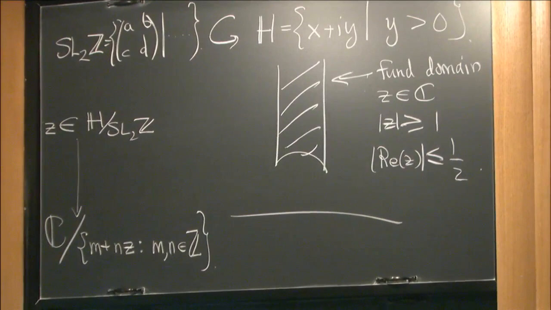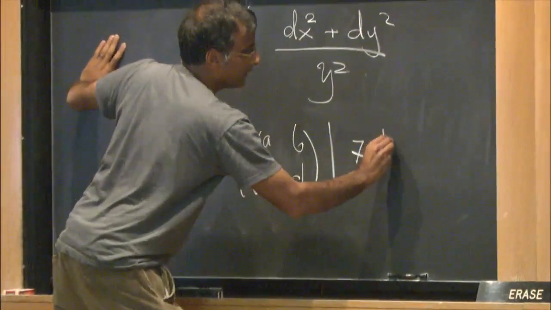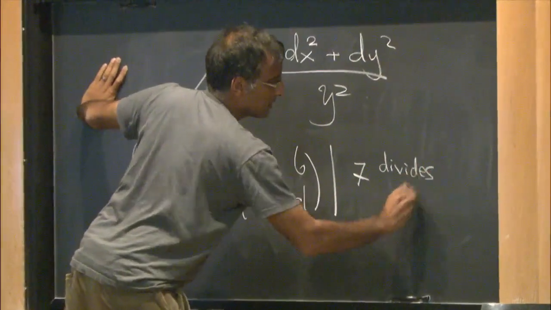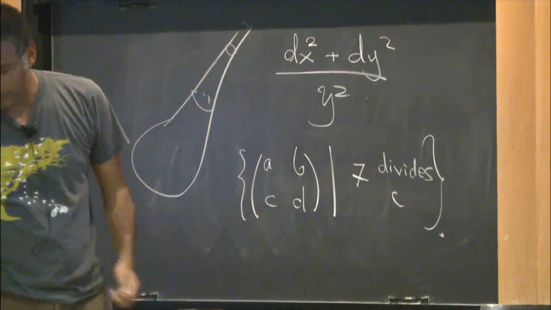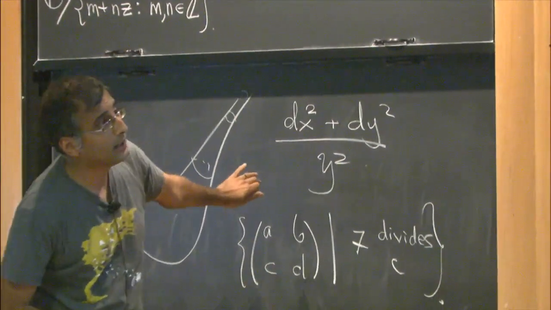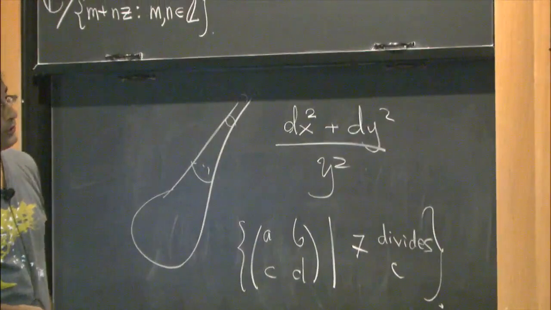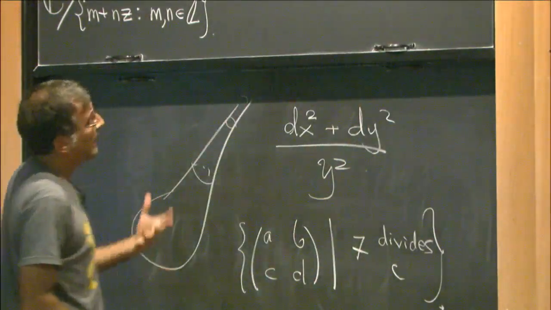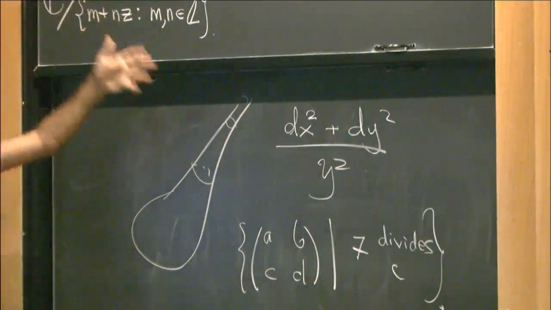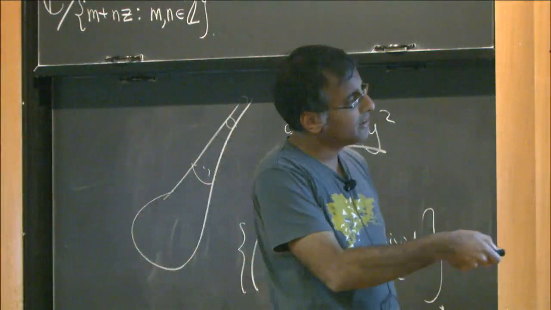Here's the set of ABCD where 7 divides C. It's a subgroup of SL2 of the integers, and it's determined by a congruence constraint. So the class of spaces we're interested in are things like the upper half plane modulo this subgroup. And to see why they're special, we'll contrast it to